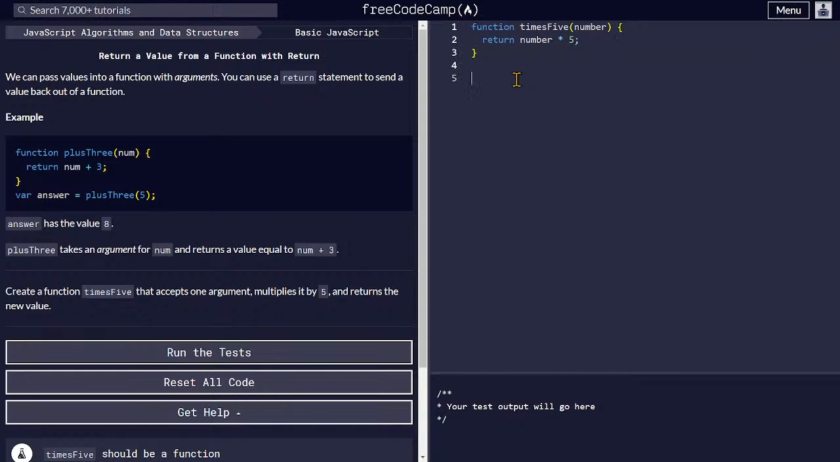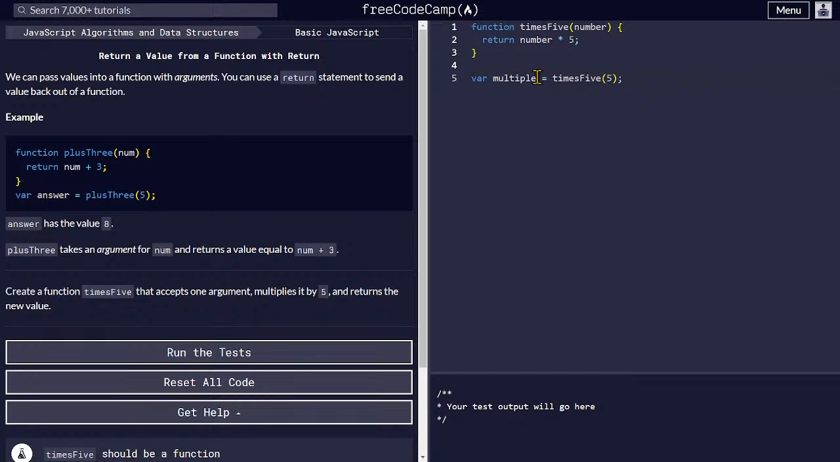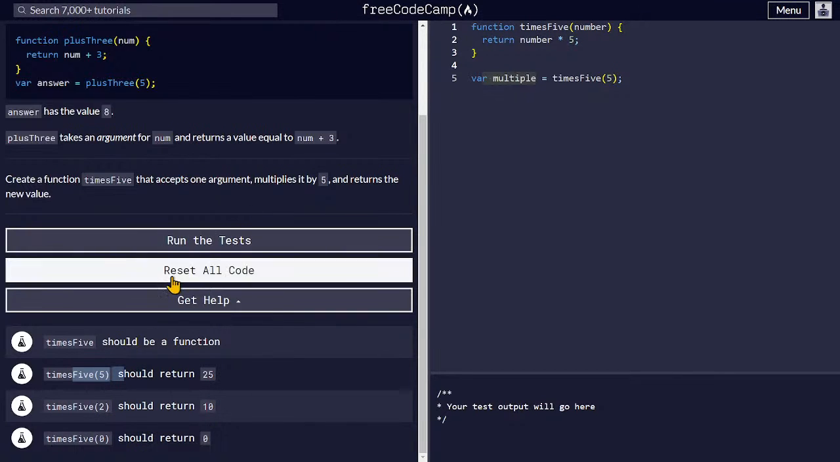Now if we pass an argument to this function, like 5, it will return 25, but we should store that in a variable, like multiple. So now it is assigned to the multiple variable. timesFive should be a function: timesFive(5) returns 25, timesFive(2) returns 10, and timesFive(0) returns 0. If you run the test,